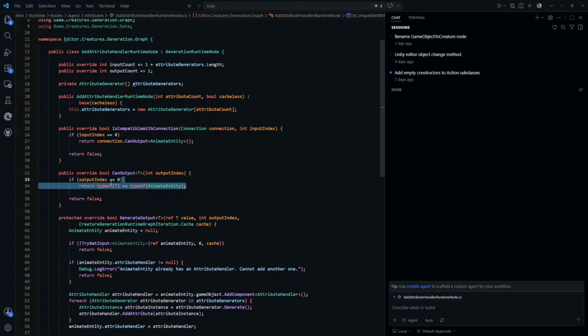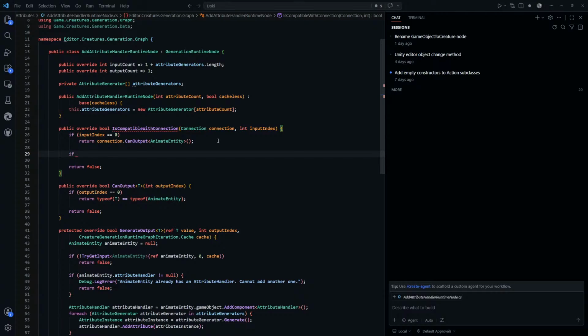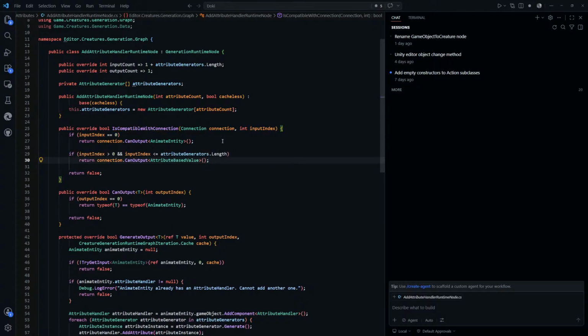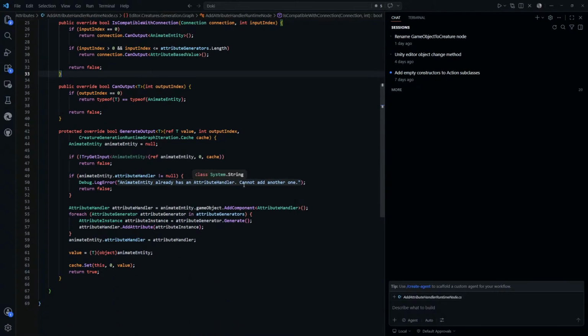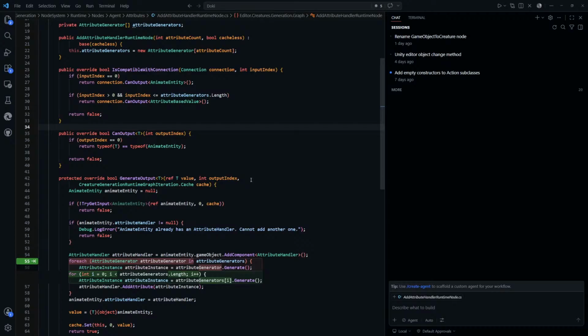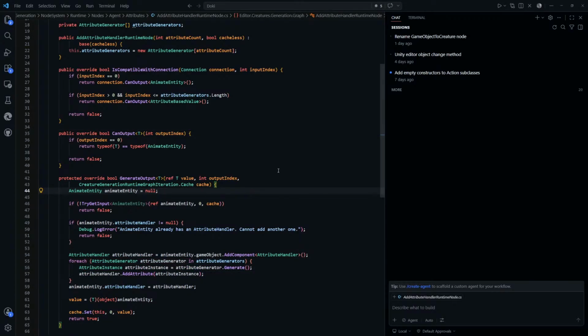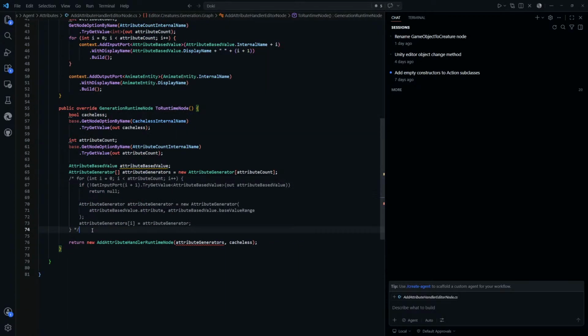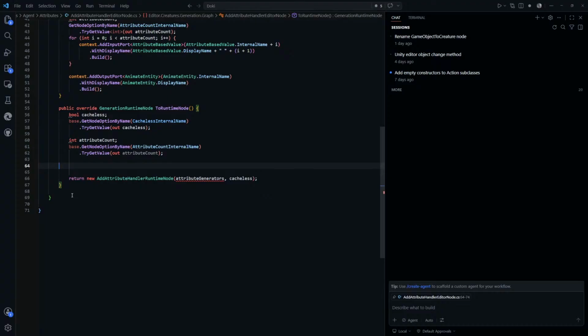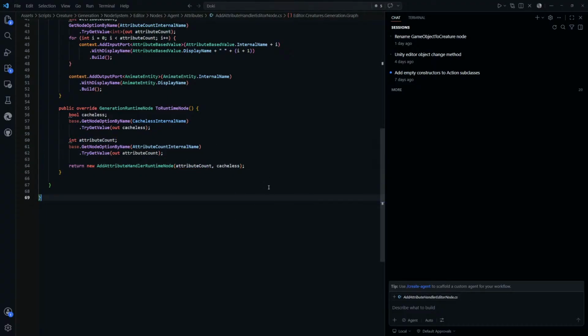And then we do is compatible with connection if, then we do this, otherwise return false. Yeah, we're gonna get to this one soon. I just want to remove these, change this one,